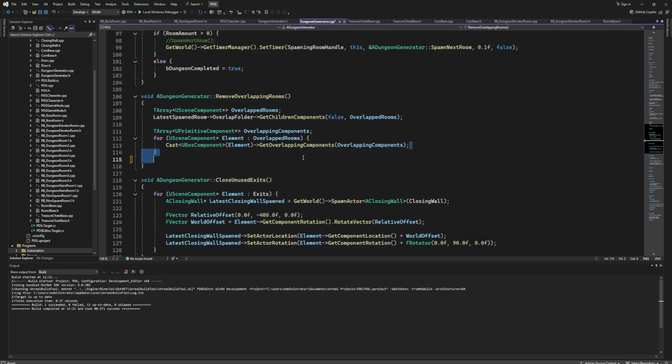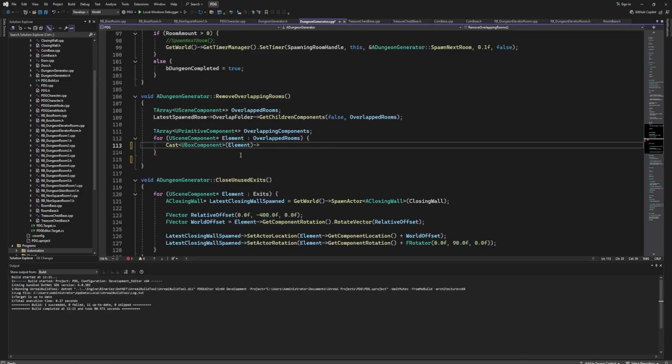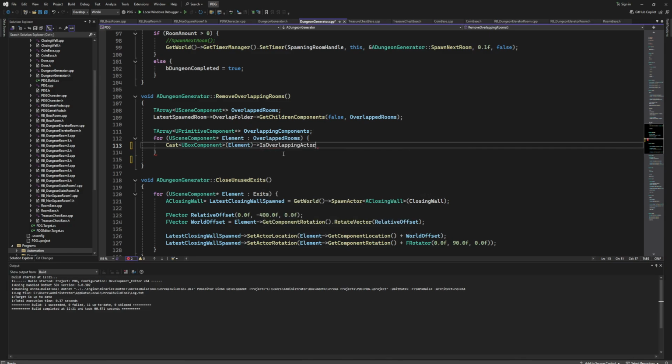Now we are also going to delete this getting of our get overlapping components function. So just delete it. And now from that cast we need to get a function that is called is overlapping actor. So what we are doing here, we are going for each box component. We are going to check if it's